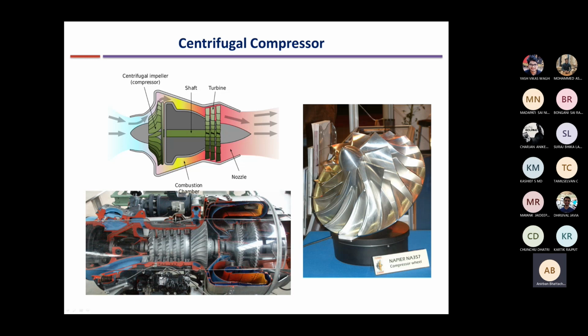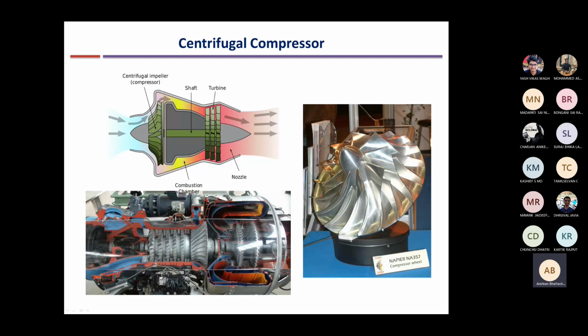At the hub it is less and at the tip it is more, but the actual velocity at which the fluid comes in is the same. So as a result, because the actual velocity is the same but the blade velocity is different, the relative velocity will change. We will draw the velocity diagrams and we will understand this point. But keep in mind that this is twisted. If you have any question, you can ask me.